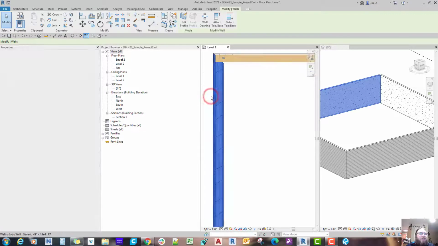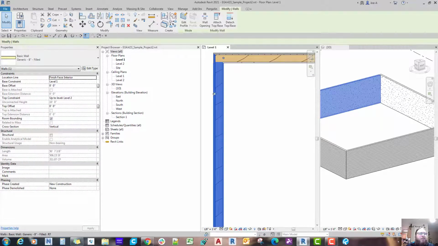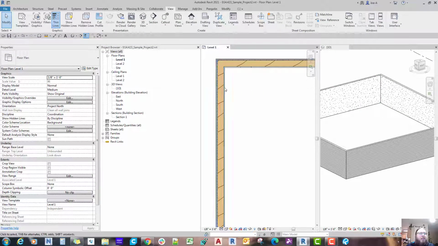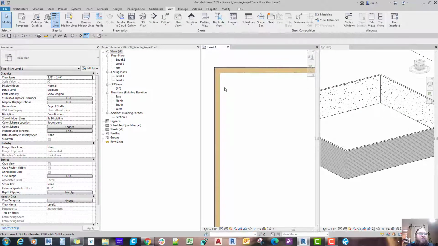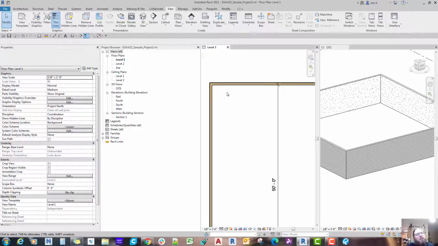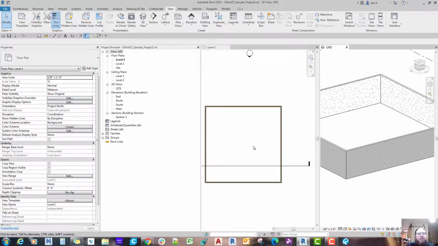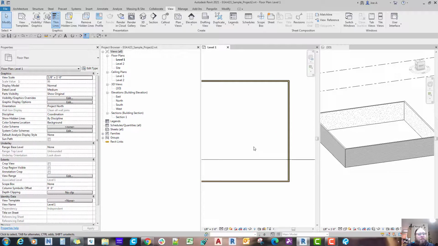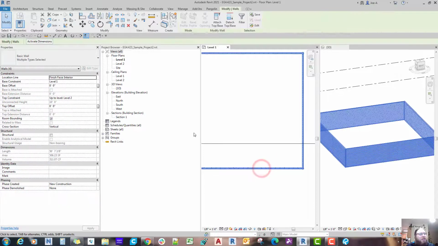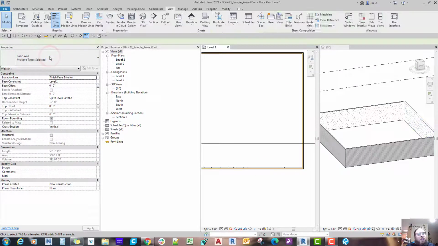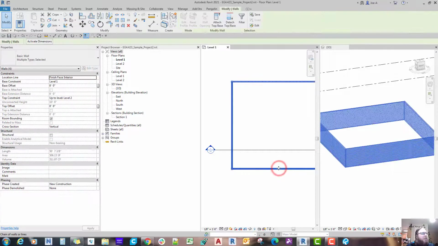Because we have this interior finish face selected, everything it did, it added out this direction to the exterior of the building. There's quite a few things you can do with the walls. One of my favorite things that it can do, so let's see,